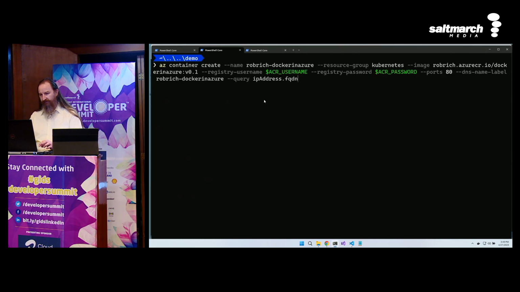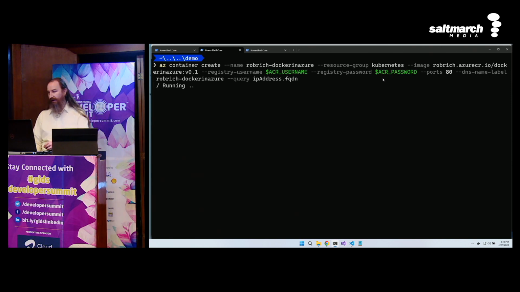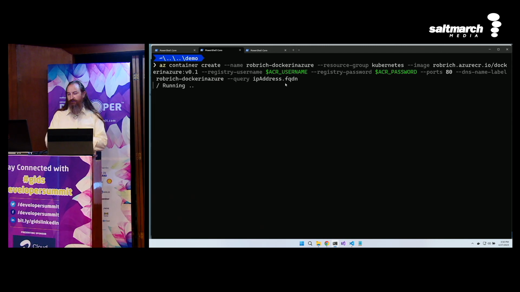So I'm going to say, go create this container named this, in this resource group named this, give it this image, go log into my container registry with these two environment variables that I carefully set earlier so that you don't see my secrets, and expose this port, and create it on this DNS name, and then go grab me that DNS name, pulling that back out, which is really cool.